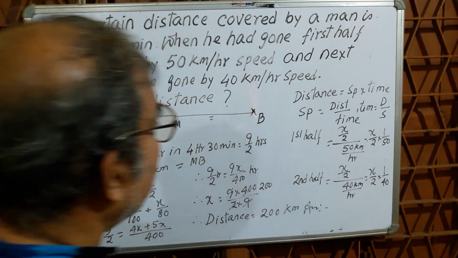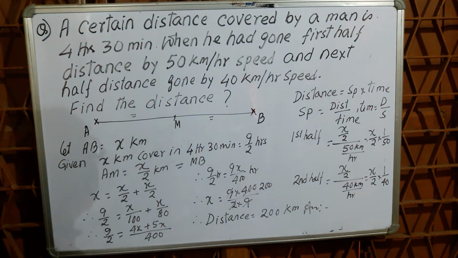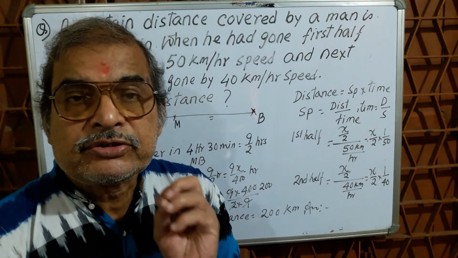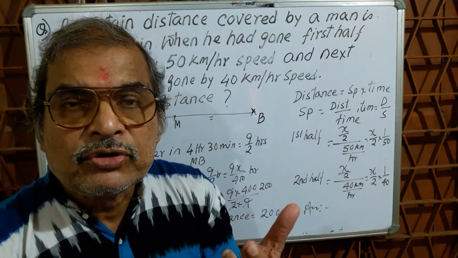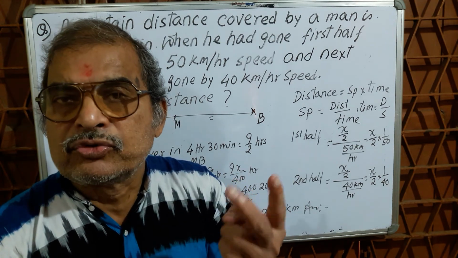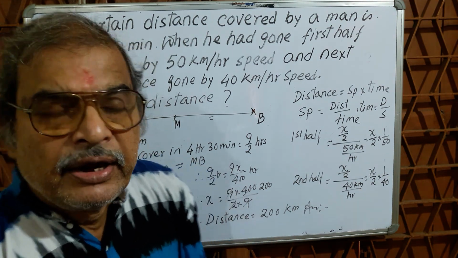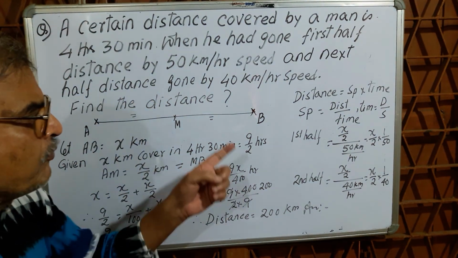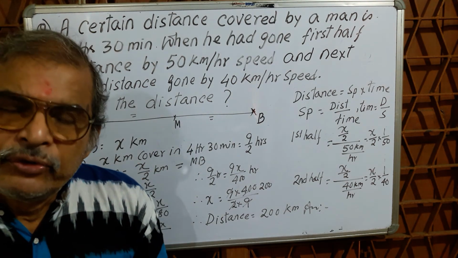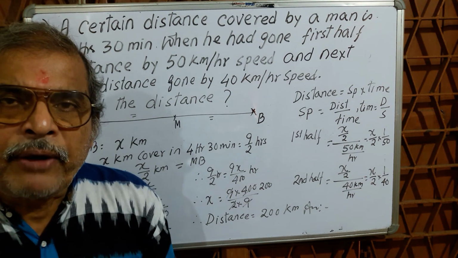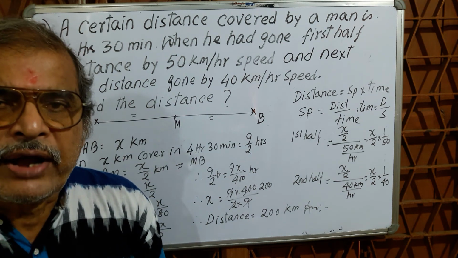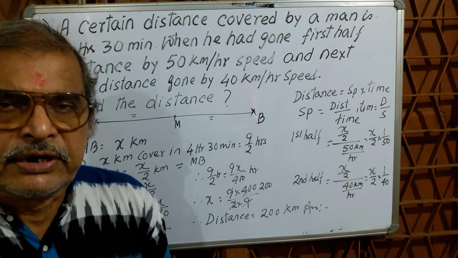Now you check whether your math is right or wrong. See, 50 kilometer half distance means that is 100 kilometer. It is covered in 2 hours, when he goes at 50 kilometer per hour, therefore it will take 2 hours to complete the 100 kilometer. Now the next 100 kilometer he has gone at 40 kilometer per hour speed. So 40 into 2.5 equal to 100, so 2.5 hours. That is 2 plus 2.5 means 4.5 hours, that means 4 hours 30 minutes.